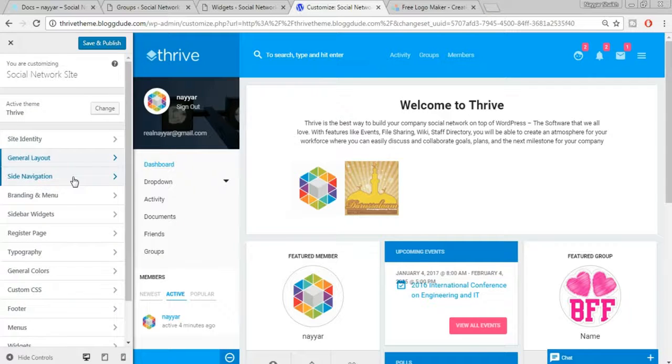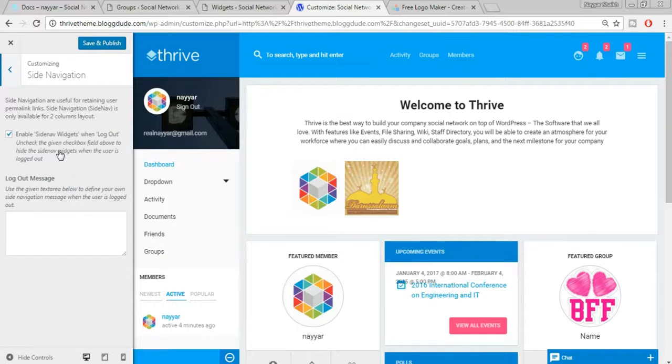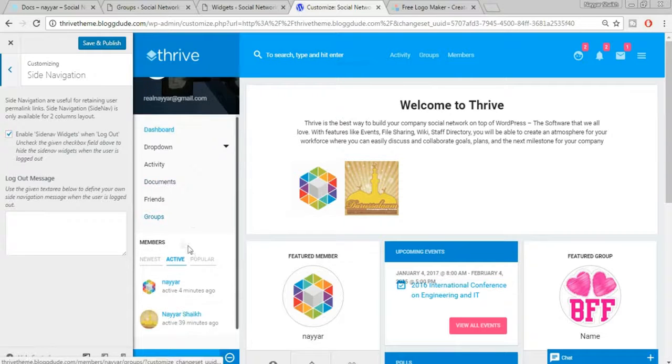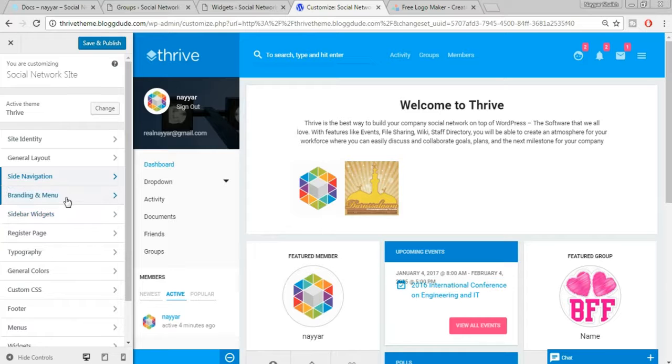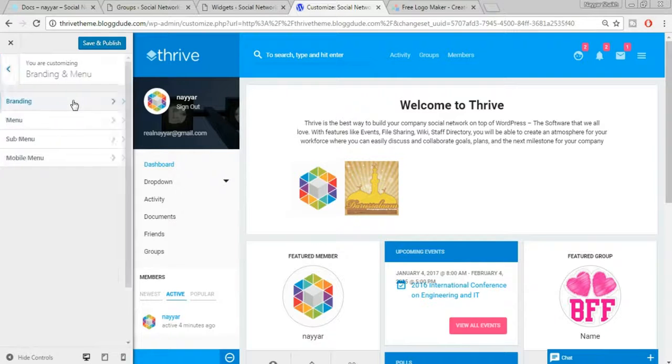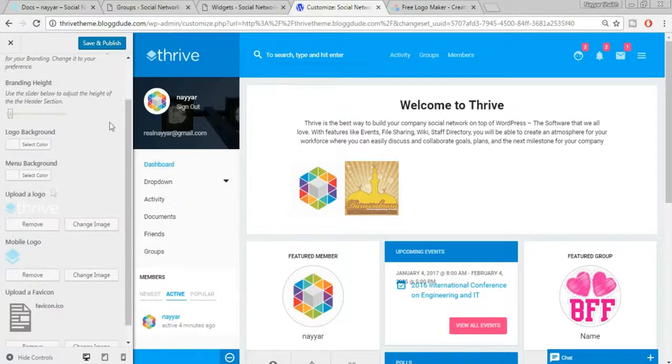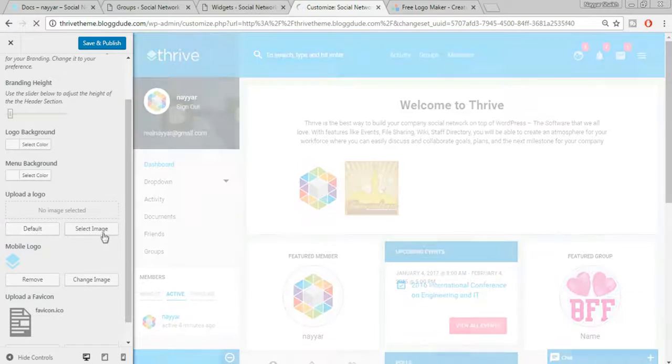Now we have site navigation. You can enable or disable site navigation. We obviously want to have this thing, so we'll enable this. Now click on back. We have branding and menu. In branding, when you click, this is the logo over here. Now what we have to do is click on remove, and we have to upload our own logo. So click on select image